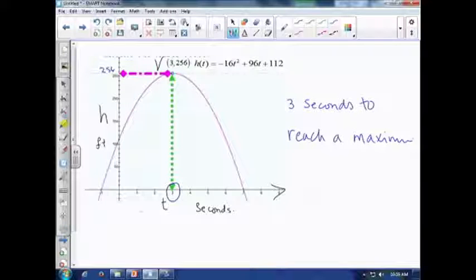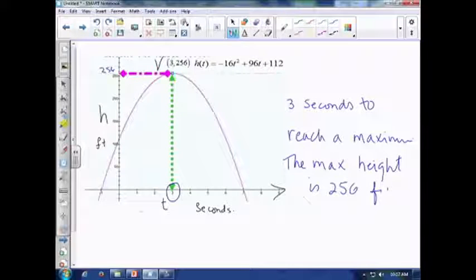And the maximum height is 256 feet. So that's basically question number 1, and that's question number 2 that we answered by just finding the